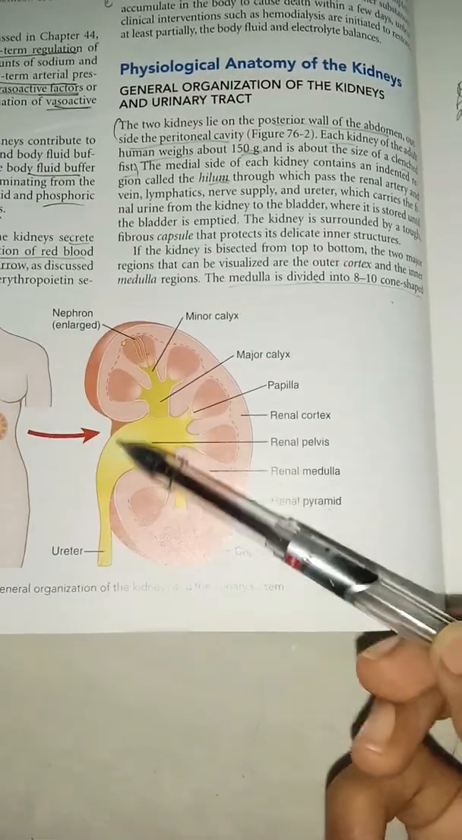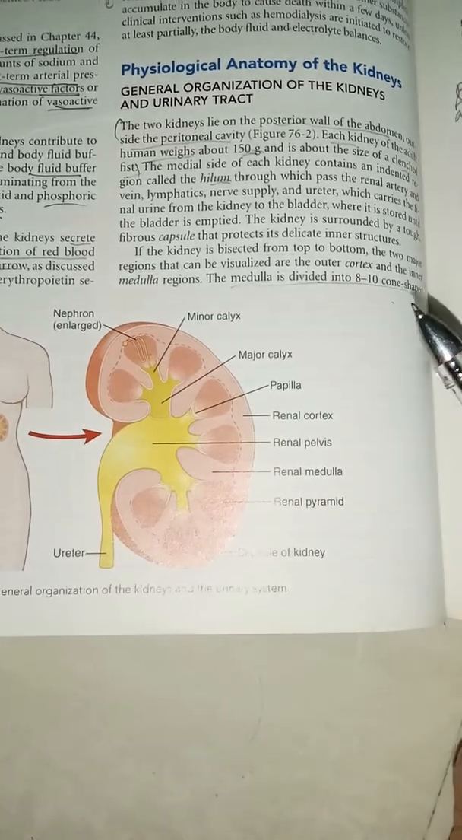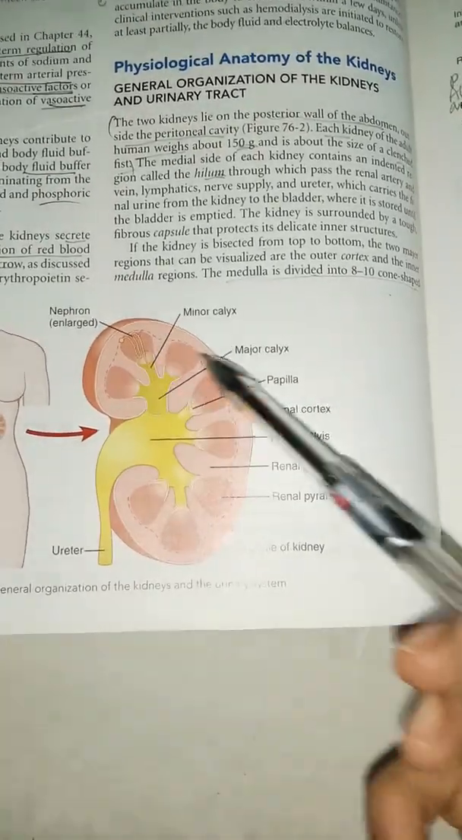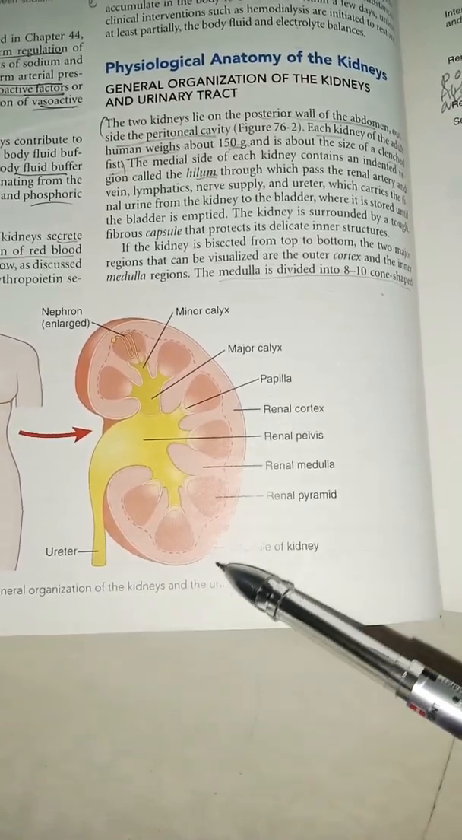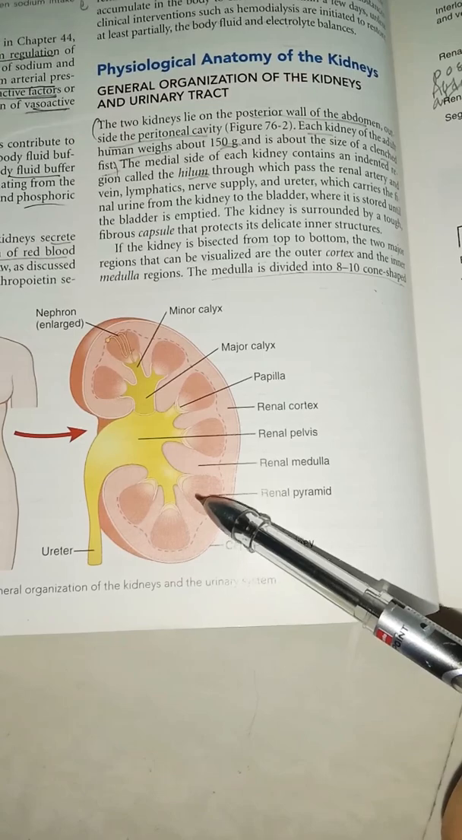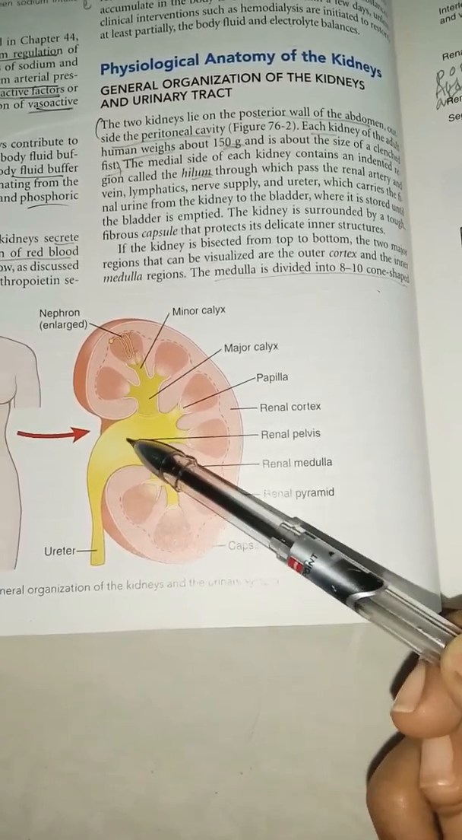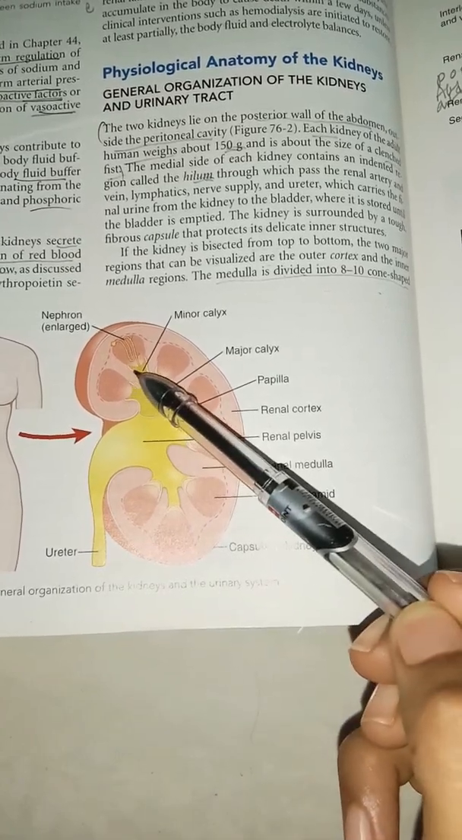Here you can see the nephron, which is present in the renal medulla. This is the cortex, inside we have the medulla, and in the medulla you have the renal pyramids. Renal pyramids go into the renal papilla. From the renal papilla you can see the renal pelvis. Above the renal pelvis is the major calyx, and above the major calyx is the minor